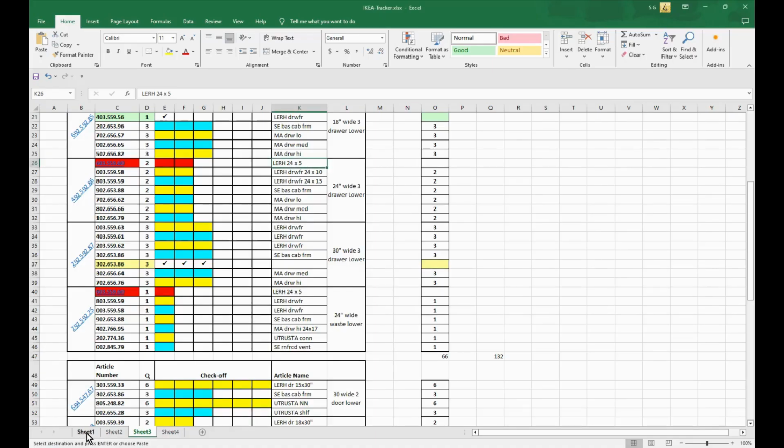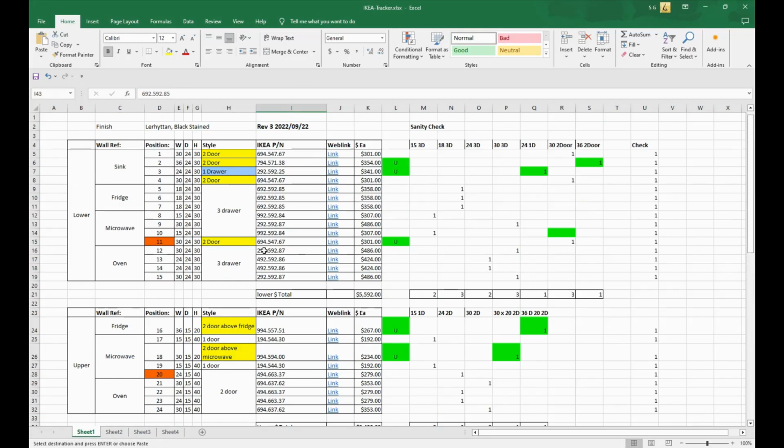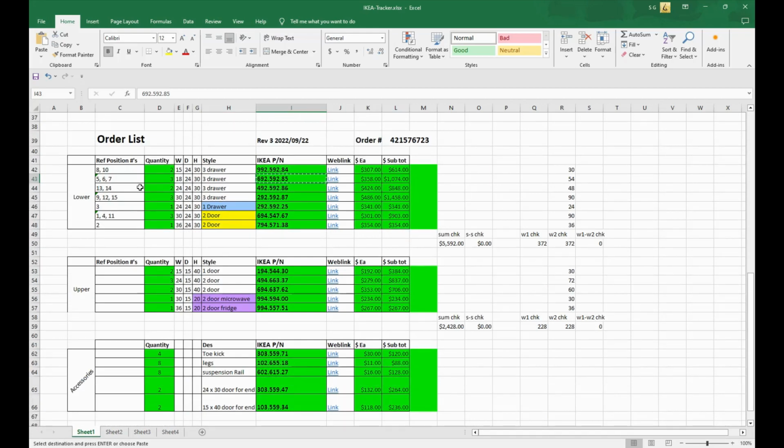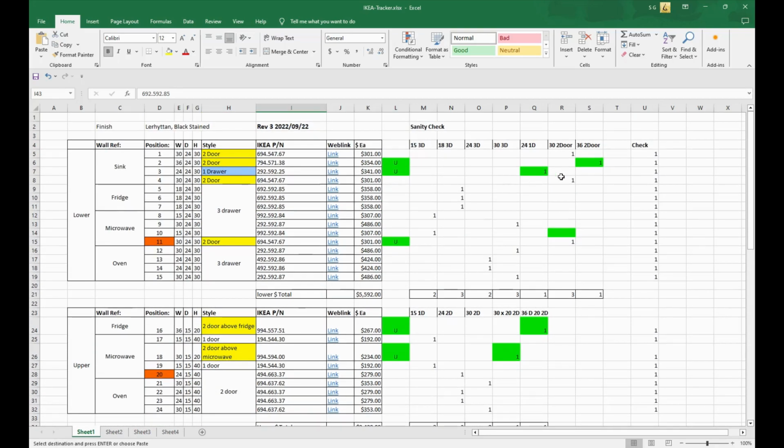Again, you just got to go and make, at the minimum, this kind of sheet where it is a summary of how many of a particular cabinet you need. So you just say, I need, again, back to that 5, 6, and 7 positions. You just need a quantity of 3 with this part number, and then the detail price and subtotal price, and just work through that. And this list really isn't too intimidating, I don't think, but you do need to be able to tally it somehow, either just manually count how many things that you would have for each size, as long as you got a good handle on it in your head, what's going on, or use something like this